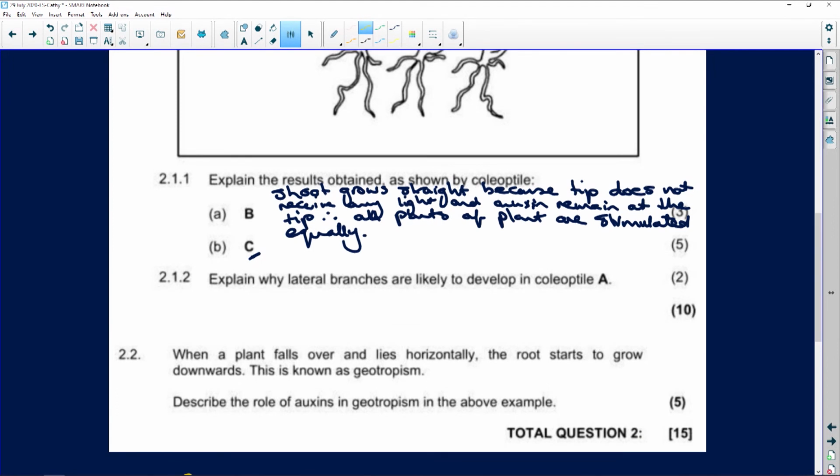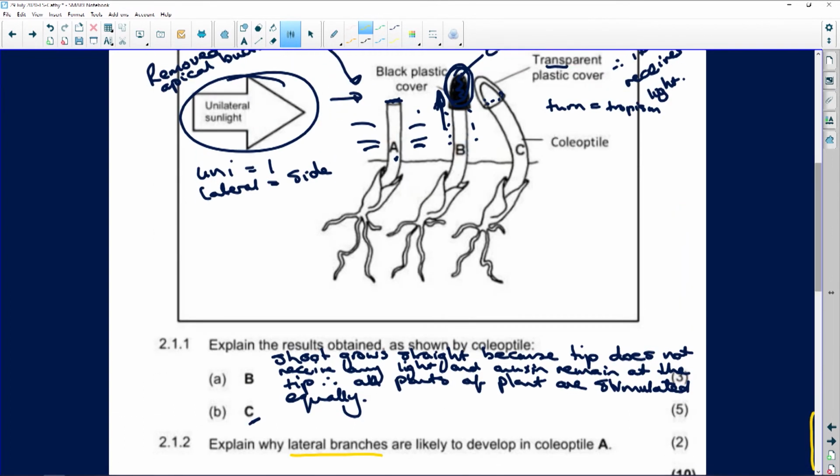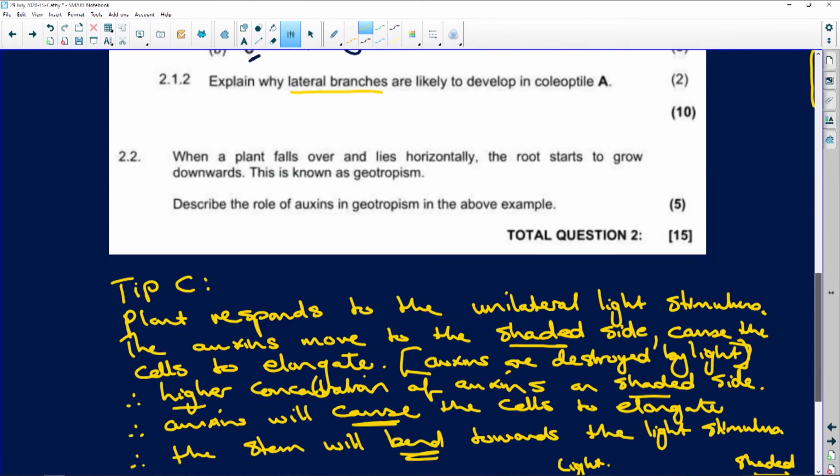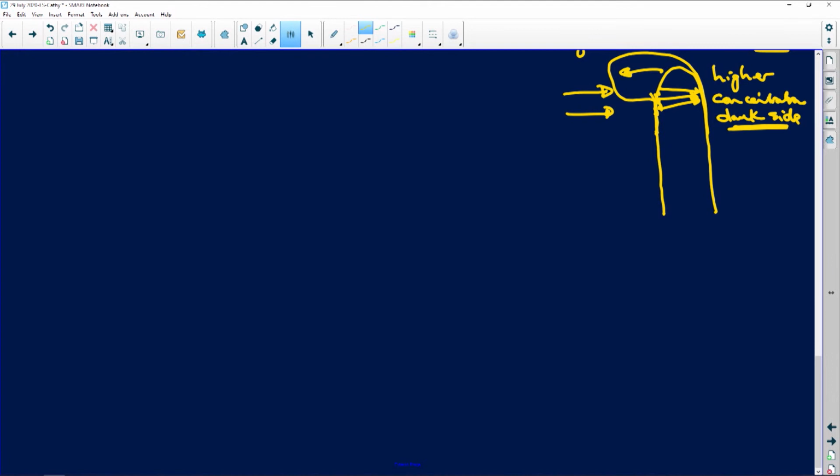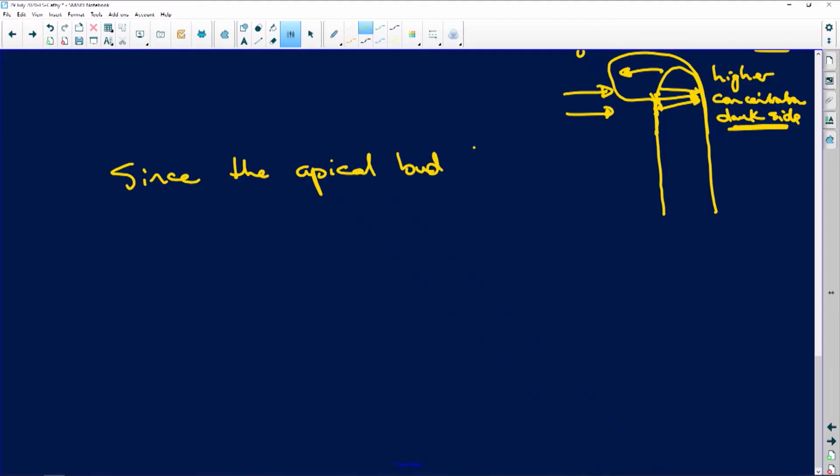And it says, explain why lateral branches are likely to develop on coleoptile A. On coleoptile A, we've cut off the auxins. They're no longer there. So your answer would be, since the apical, and what's the apical bud, guys and girls? The apical bud is the bud that's right at the tip of the stem. That's your apical bud. Remember, your growth tips are your stem tip and your root tip. Okay, so since the apical bud has been cut, or has been removed,